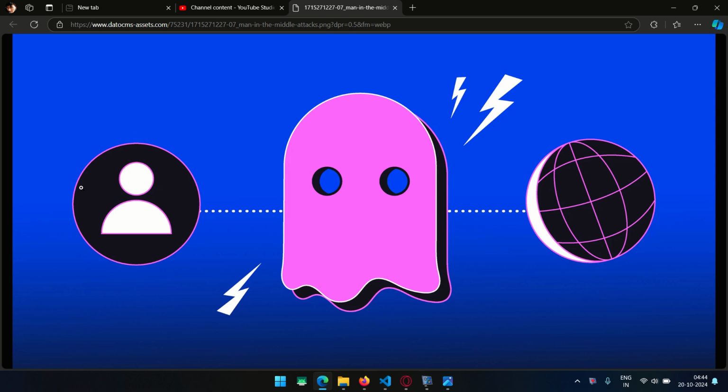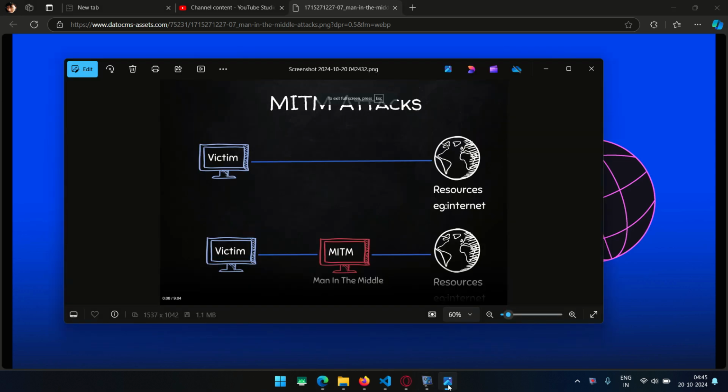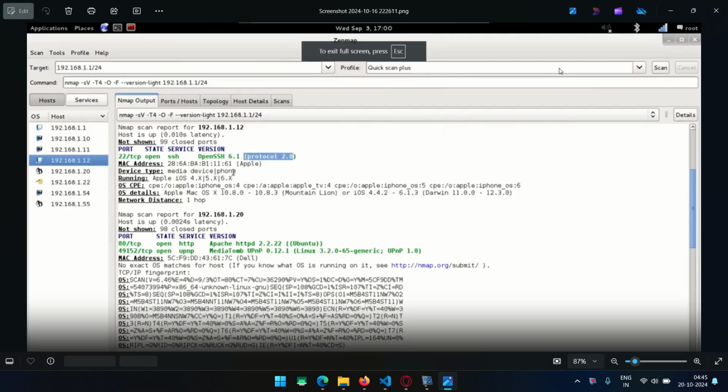There will be a victim connected to the router initially, for direct communication. All passwords, links, websites, all requests will be sent directly to the internet, to the hotspot. But you intercept this by doing ARP exploitation. We'll learn all about that in this video. So let's get into this.